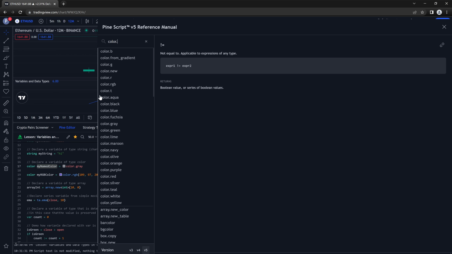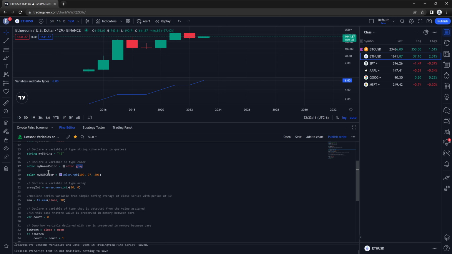So we defined our variable of type color using the named color, right? There is another way to define a variable of a color